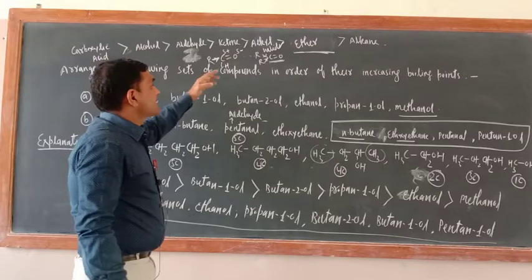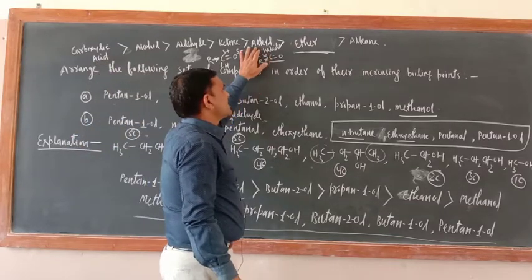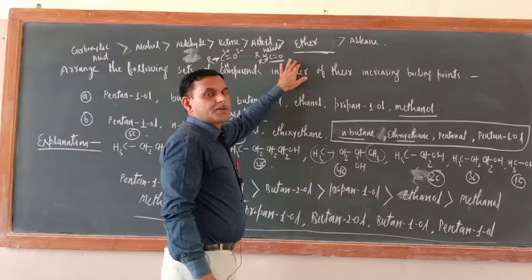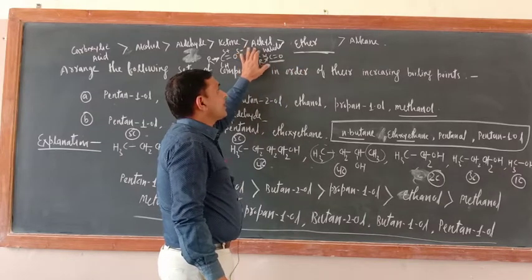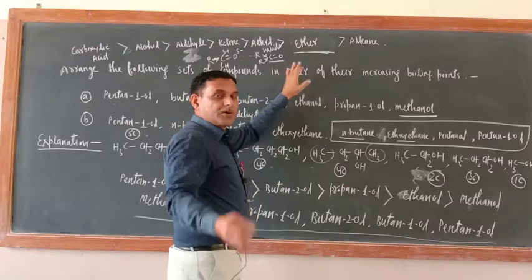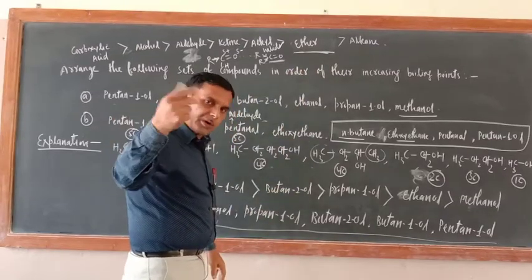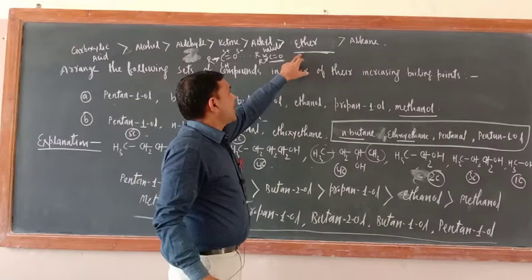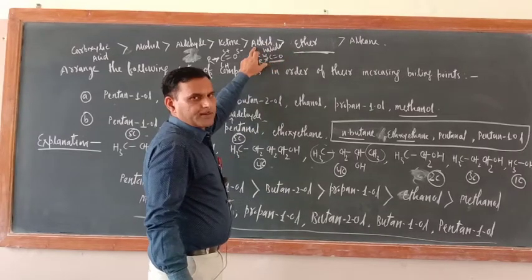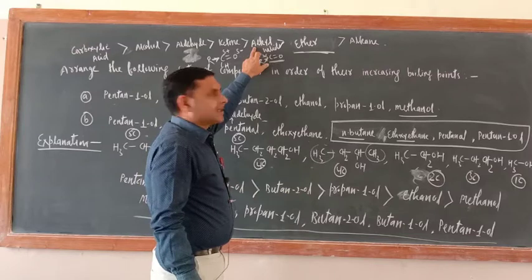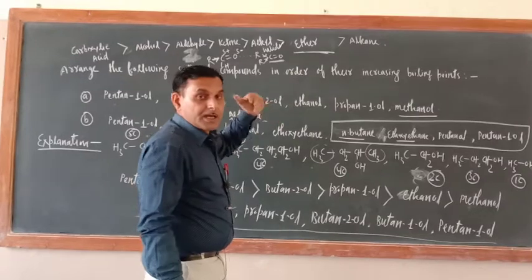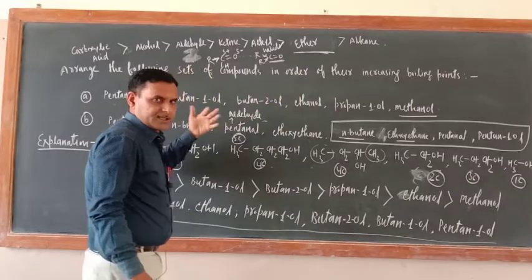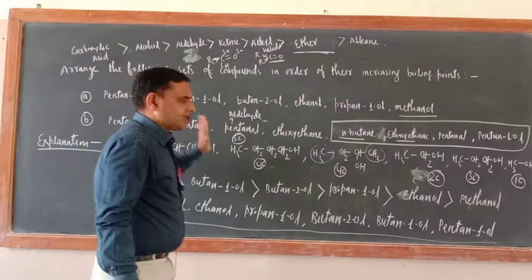Suppose I took here CH3Cl and here I took CH3OCH3, dimethyl ether. Here only one carbon atom is there, here two carbon atoms are there. So each category has its own characteristics. Here polarity is less, here polarity is more. Dipole interaction would be more. That is why alkyl halide will have a greater boiling point than ether of corresponding molecular mass. This is the general order. Okay, in this way this is finished.